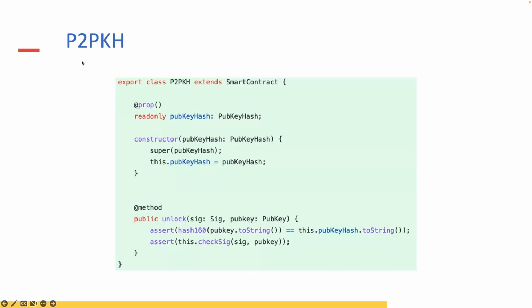For people who have not heard about pay to public hash, basically when you send a so-called normal Bitcoin payment from Alice to Bob, this actually runs a contract called pay to public hash. So why is it called so? Because in order for Bob to unlock the money he just received, he has to pass